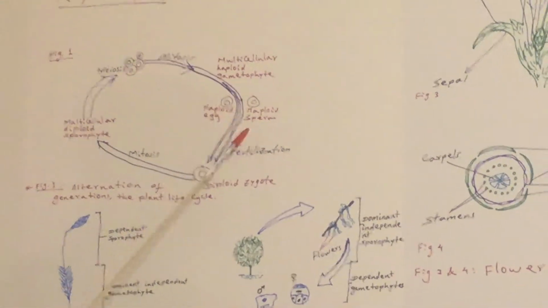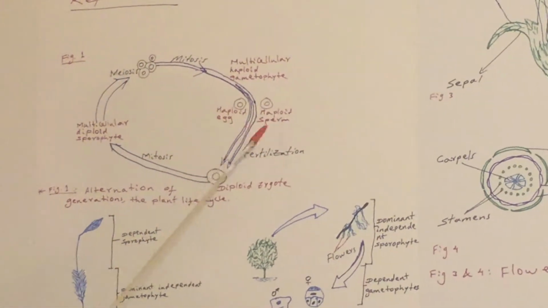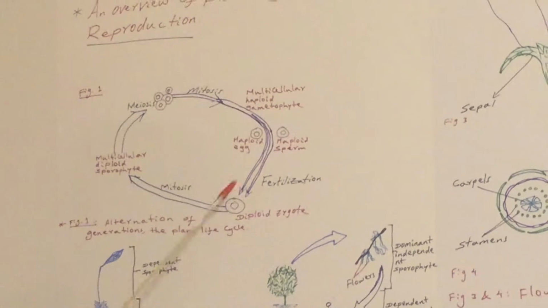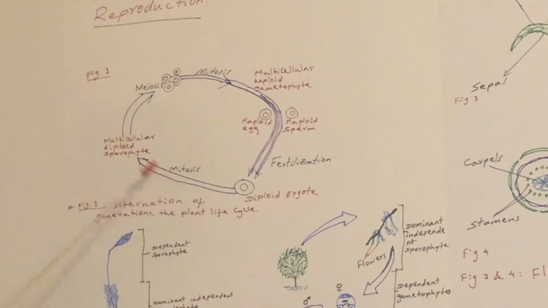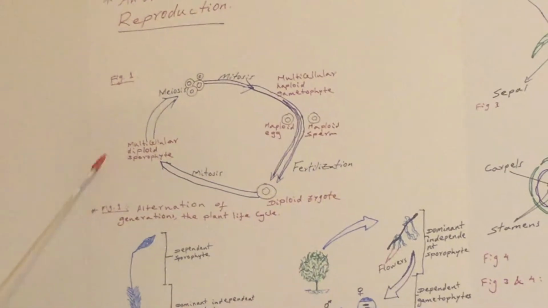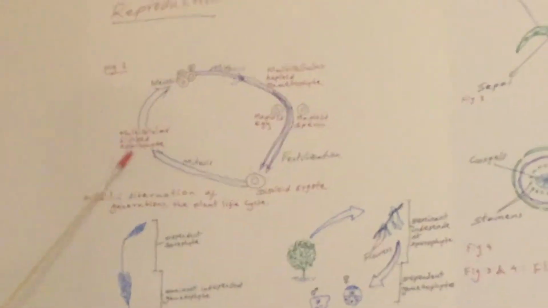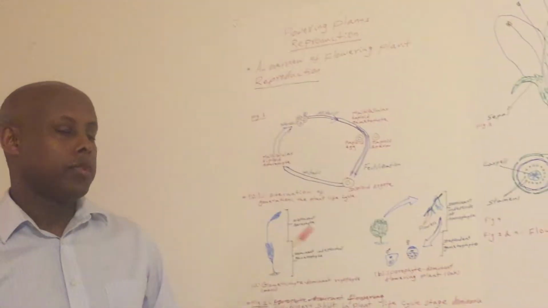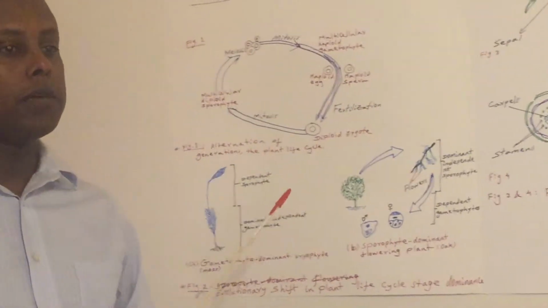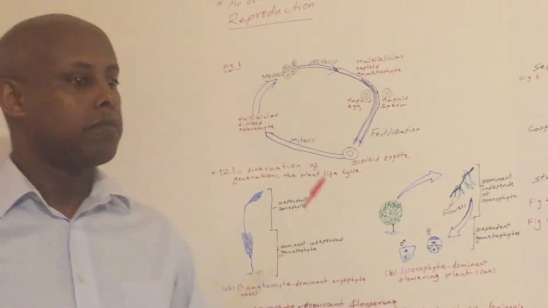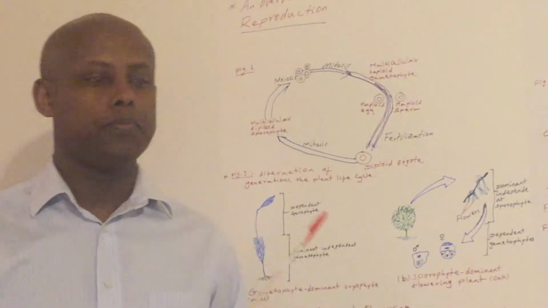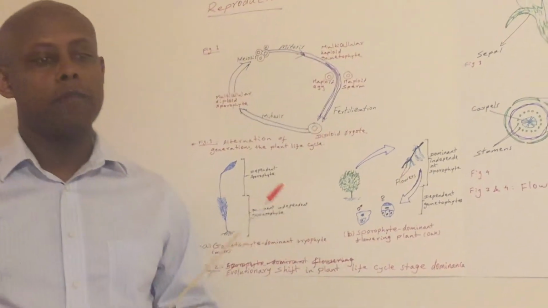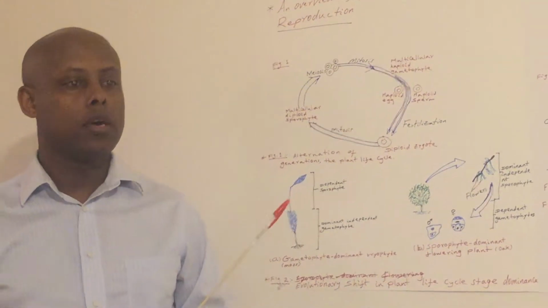Here, this is split into the haploid egg and the haploid sperm, and when they combine, it goes through fertilization, forming a diploid zygote, and by the process of mitosis, it produces a multicellular diploid sporophyte. And when we go to flowers and reproductive shoots, they develop from a shoot apical meristem. The role of flowers is to promote seed production, and the flower shoot generally produces four types of